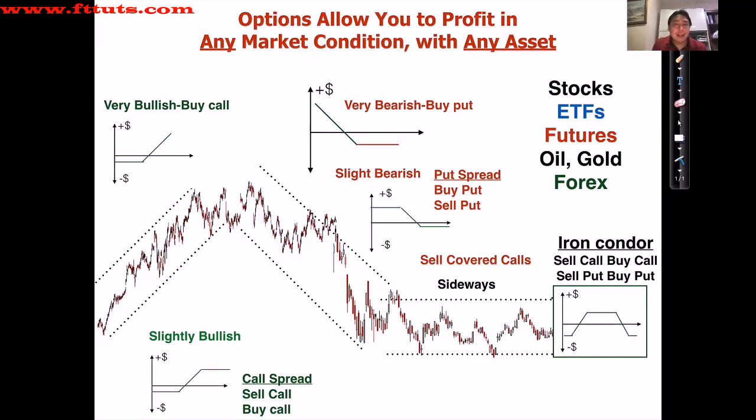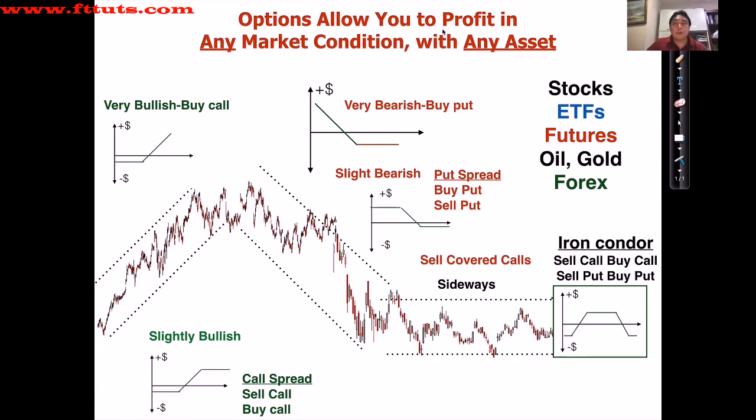So if you think what you've learned has been interesting, I can tell you that it's only the tip of the iceberg. It's less than 1% of all the things you're going to learn in the professional options trading course, because what you've learned so far has been simply buying and selling calls, buying and selling puts, and that's really the basics, the kindergarten stuff. And in the full options trading course, you're going to learn 14 of the most powerful options trading strategies, where you're going to learn how to combine different combinations of calls and puts so that you can profit in any market condition with any kind of asset.